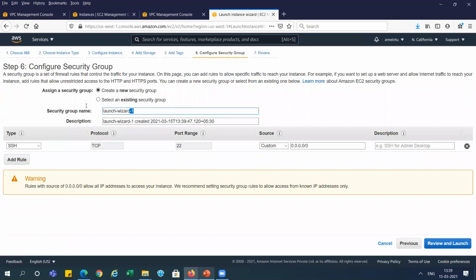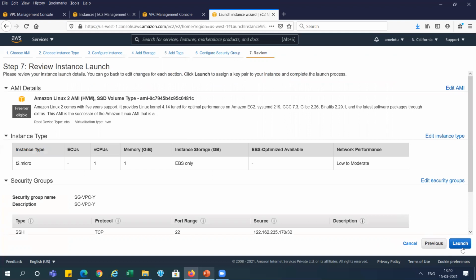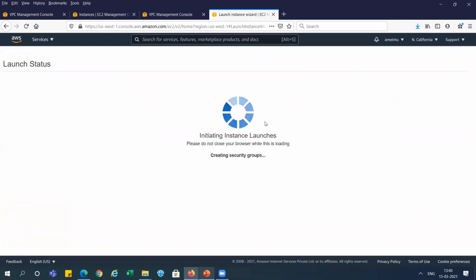And security group, we can create a security group VPC Y, VPC Y, right? And access for my system. We will review and launch it.